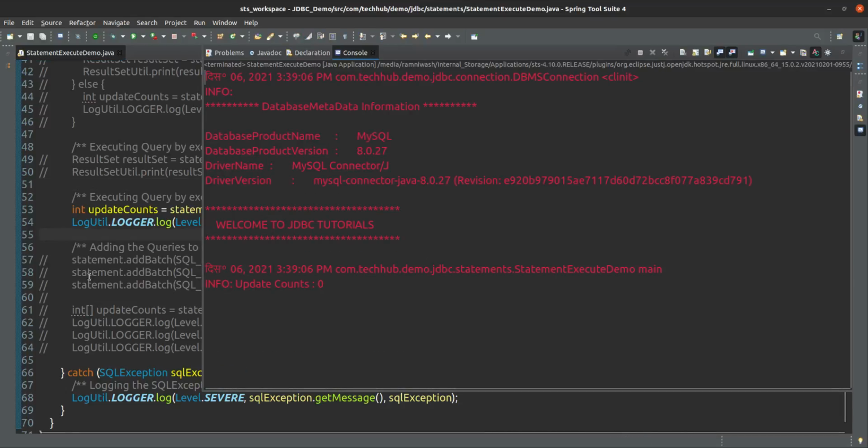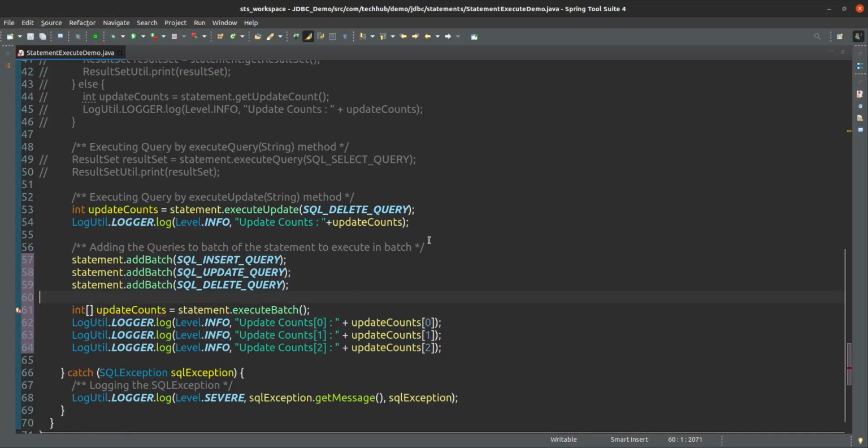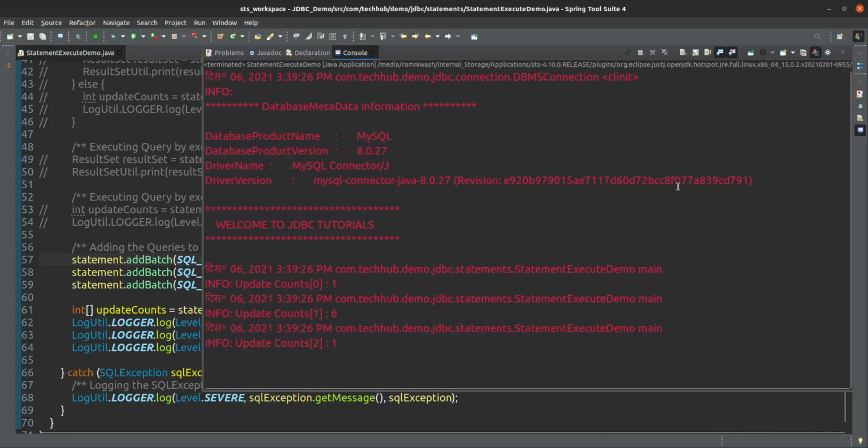Why is it giving that error? Okay, now it is coming.